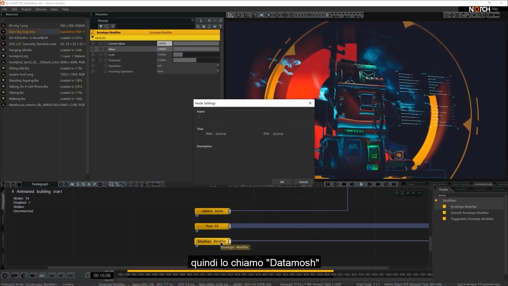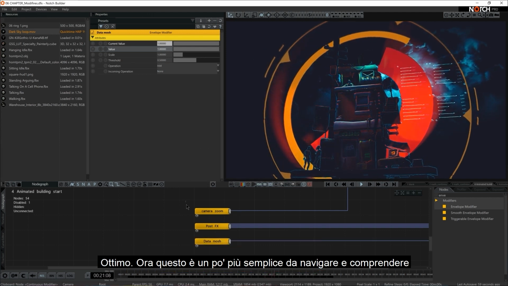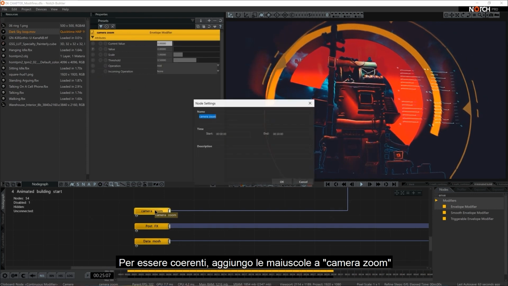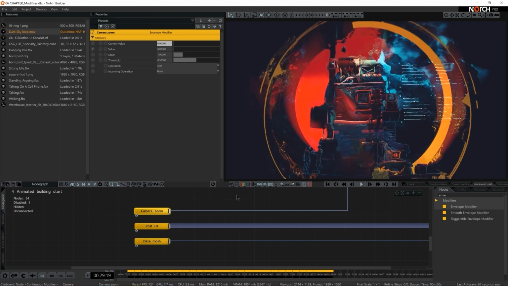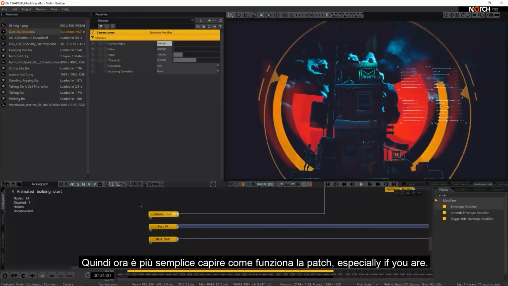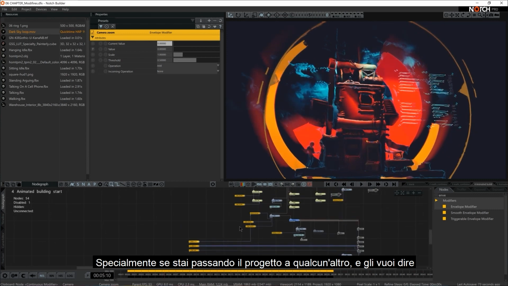So I'm going to call this data mesh. Cool, so this is a little bit easier now to navigate and understand. Let's be consistent. Let's add a capital to camera. So now it's a little bit easier to understand what's going on with the patch,